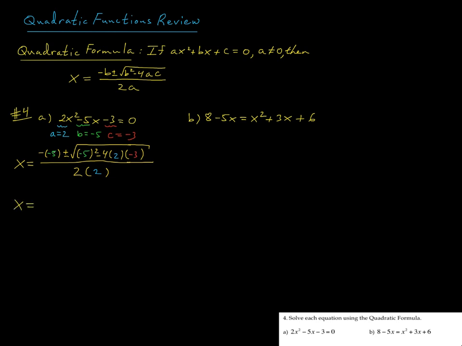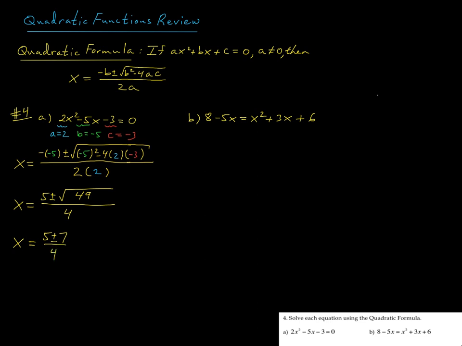All right, so now our job is just to simplify this resulting expression. So we're going to get the opposite of negative 5, so let's say positive 5, plus or minus the square root. So what are we getting here? Well, this is 25, and then this is minus 4 times 2 times minus 3. So that's positive 8 times 3 is 24. So this is 25 plus 24. That's a 49. And then we're dividing all of that by 2 times 2 is 4. All right, and then the square root of 49 is